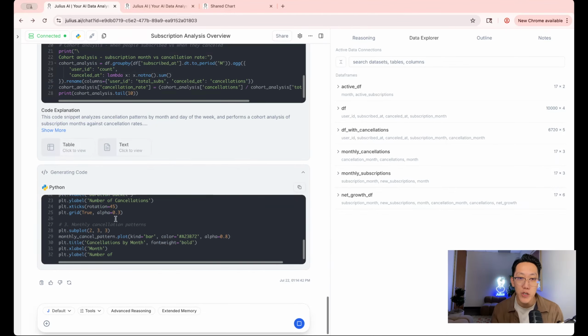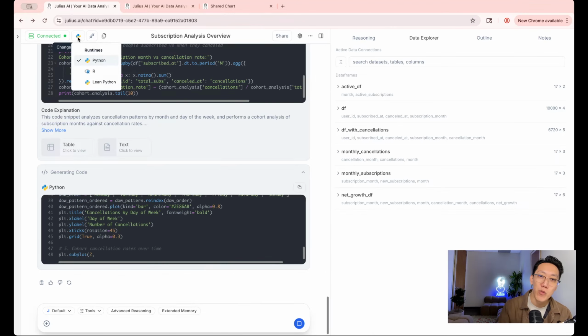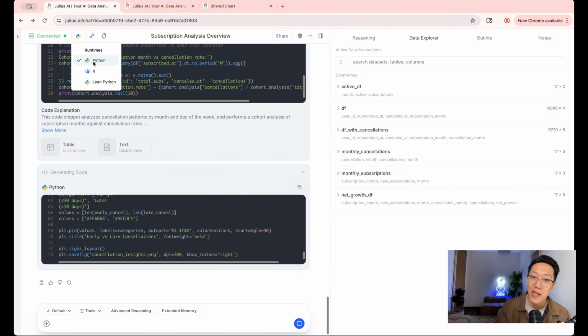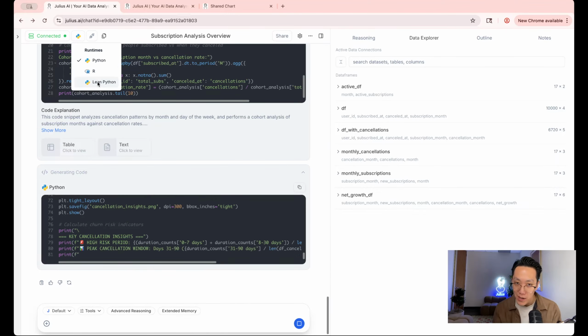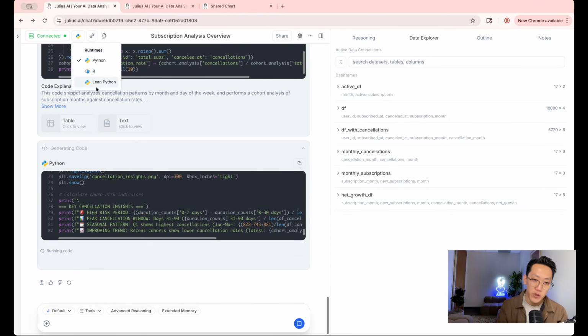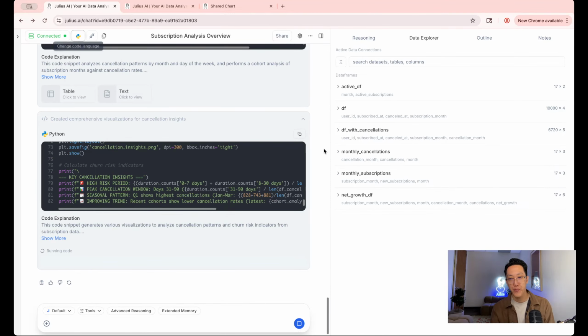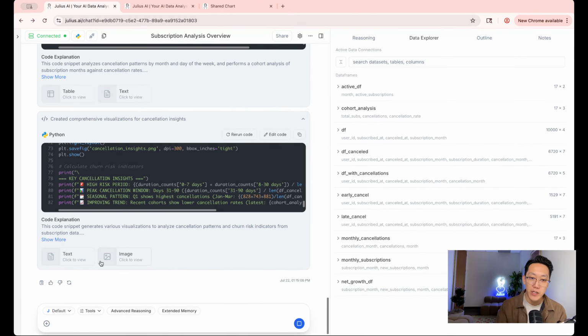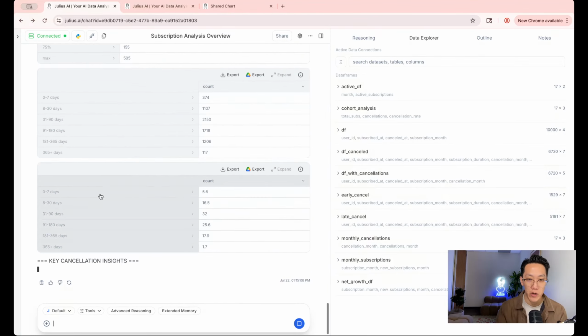Key thing to call out is what Julius is thinking here. Several languages, most users, I would say about 98% of users use Python, but if you are familiar with R or Lean Python, you could also switch the outputs of Julius in what it's writing here to match those. And then the other cool thing here is as Julius is creating any of these visualizations, you could either click